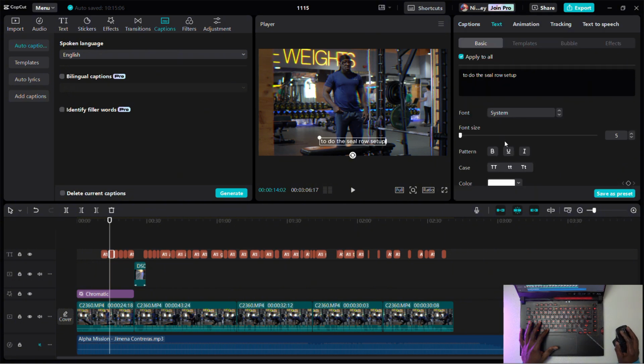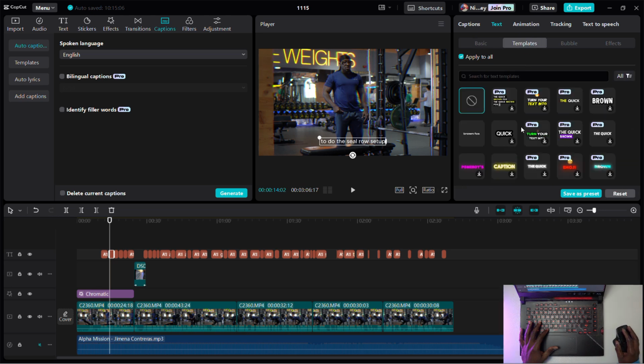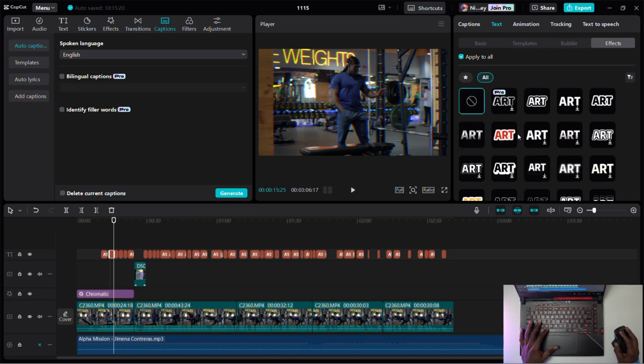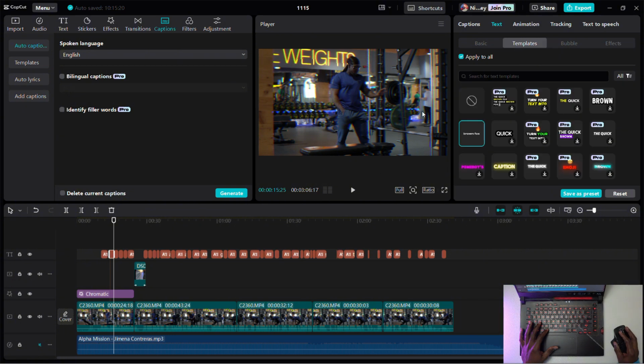If we go into text, we can change the font type, or we can go into template and select templates that exist already. So for example, we can change the template to that. If we want to put it in bubbles, again, we can do it. If we have effects like this we want to apply, we can do that. Now note that we could also